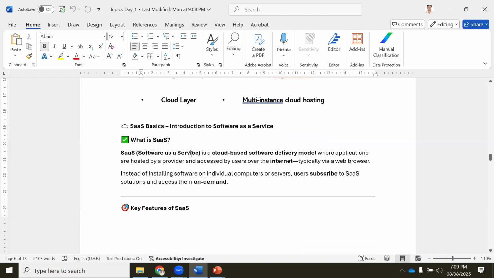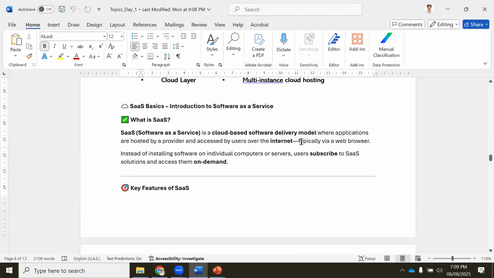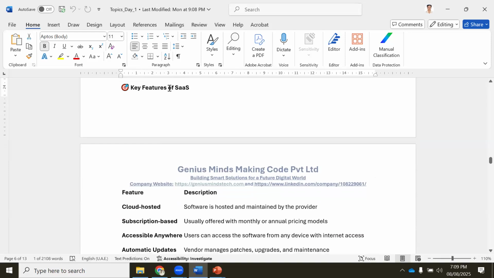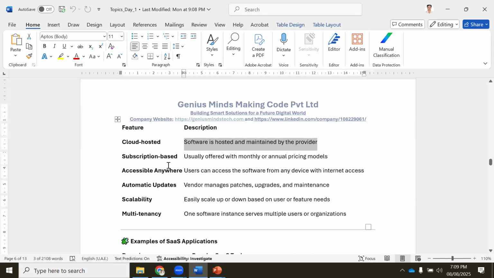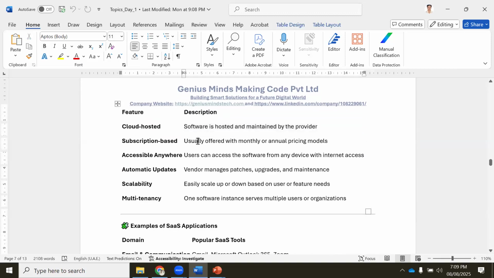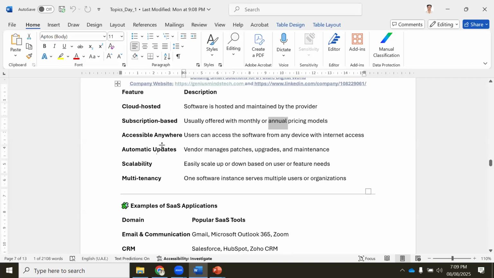What is ServiceNow? Software as a service, we all discussed, correct? So it is an internet-based tool. It is just a tool which you can access through a URL, correct? So on demand, you can get as many licenses as you want, correct? Key features of SaaS. It's cloud software hosted mainly by the provider, okay? Subscription based. When you purchase from them, they will give you a monthly and yearly price, okay, when you want to purchase it. Accessible: users can access the software from any device with internet access, correct? You can access ServiceNow through your phone, your laptop, your tab, whatever, all modules, correct?